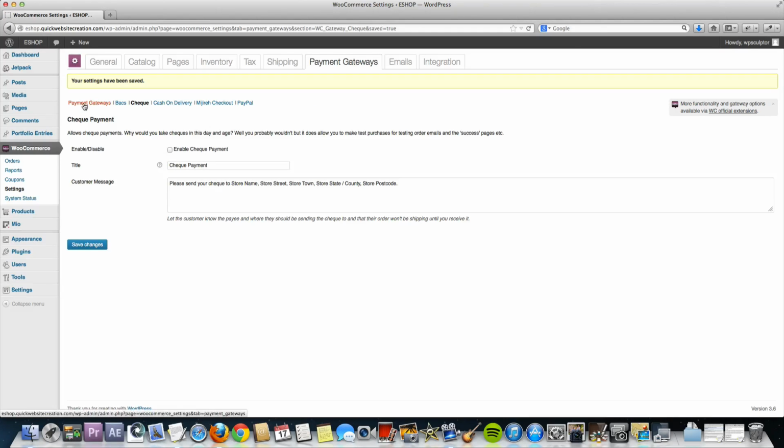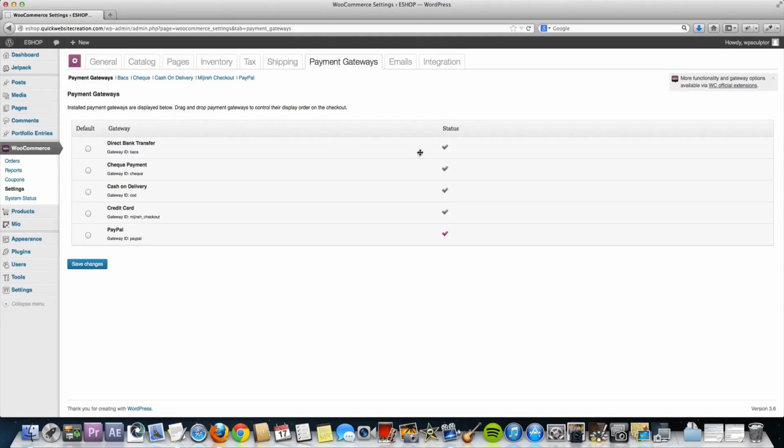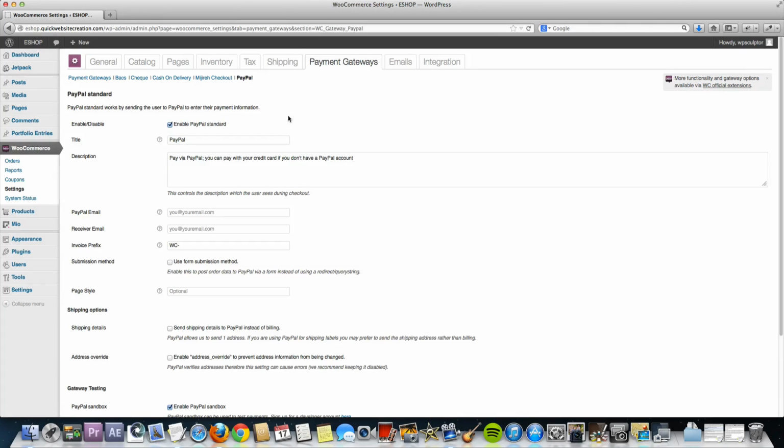And if we go back to our Payment Gateways page here, you'll see that the only one checked now is PayPal, and just for the sake of demonstrating this, if you did have multiple options and you wanted them to display on your checkout page in a particular order, you can drag and drop them like that. And now we have our PayPal enabled for checkout, but we need to set it up and link it to our PayPal account. So to do that, click on the PayPal tab there, and obviously we have it enabled, and